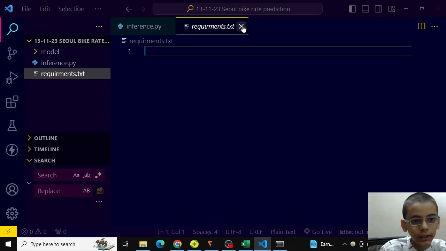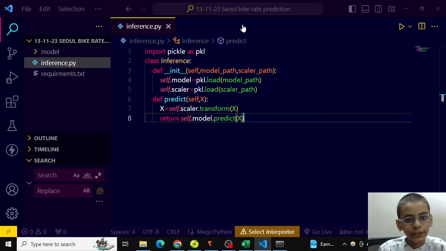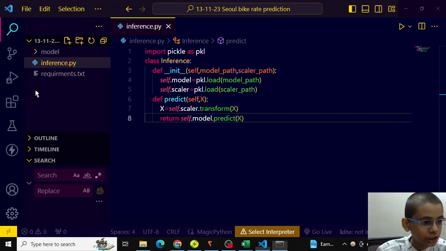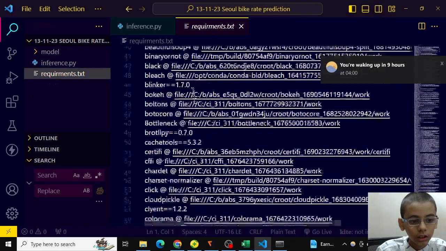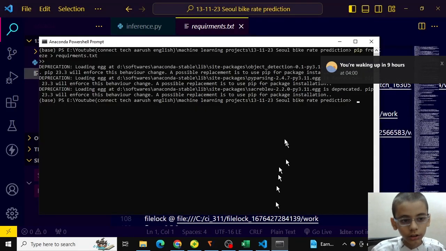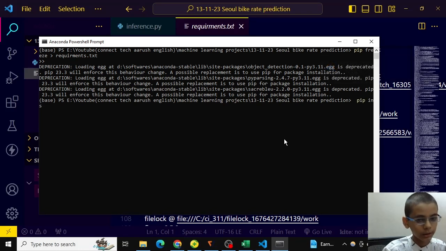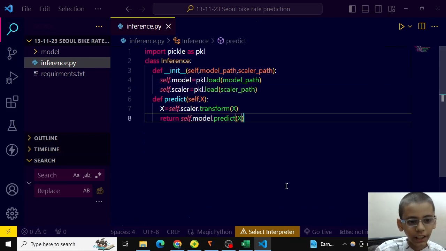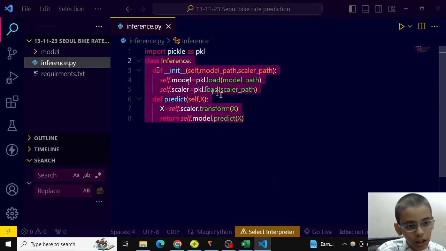In this file, all the requirements will be frozen. These are the requirements, and the developer will just write the command pip install -r requirements.txt and it will automatically install, and he can use this class to infer and predict.